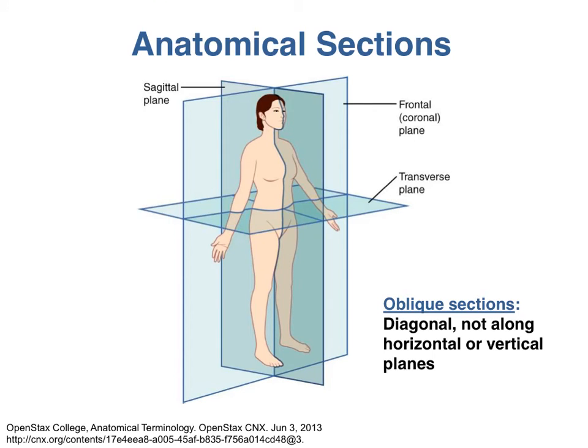There are three kinds of planes that you can take sections in that are all perpendicular to each other. If you take a section that divides an organism into left and right, you're taking a section in the sagittal plane. What it's showing you right here is called a mid-sagittal plane, which is a sagittal plane that runs straight through the midline of the body. But you could also have sagittal planes that are more to one side or the other.